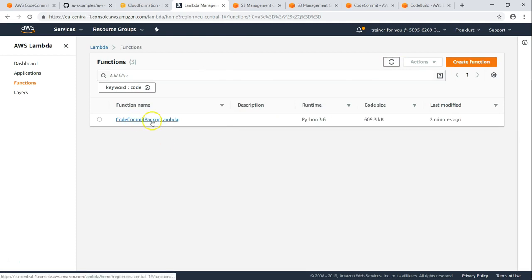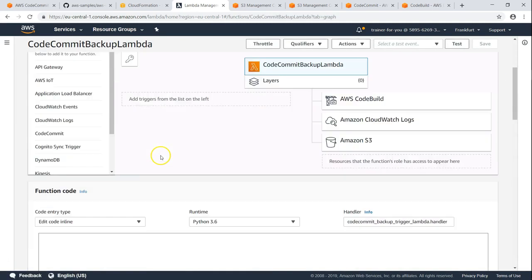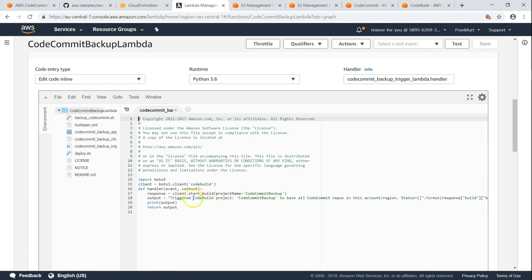So you see here there's a CodeBuild and CodeCommit Lambda there, and what it is basically going to do is trigger a CodeCommit backup. That is all it is going to do. It's just going to trigger at this time, saying create an artifact, which is a zip file, and then